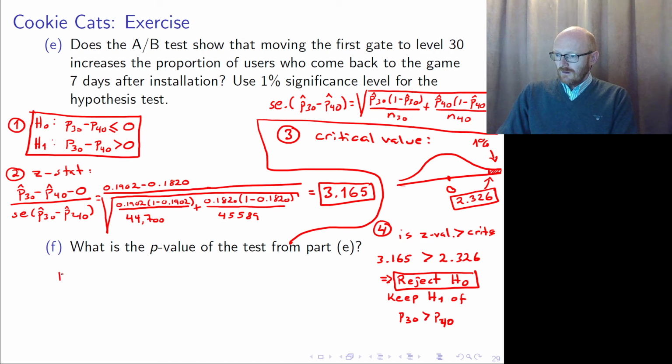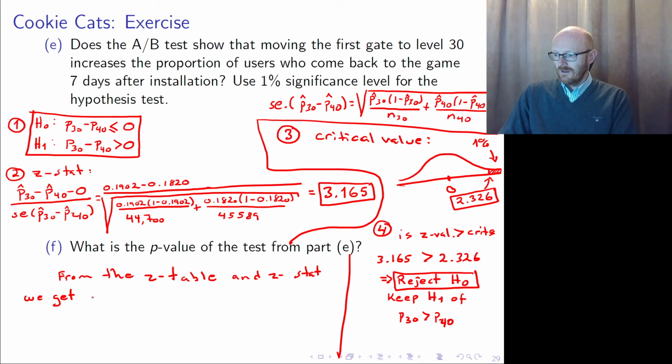So from the Z table and Z statistic, we get P equals 0.001. Okay, and this is lower than the significance level of 0.01, which is 1%. Okay,